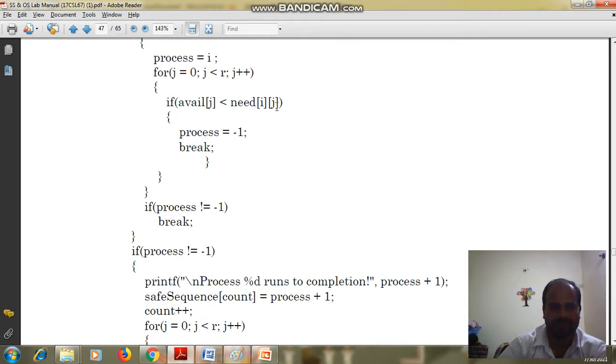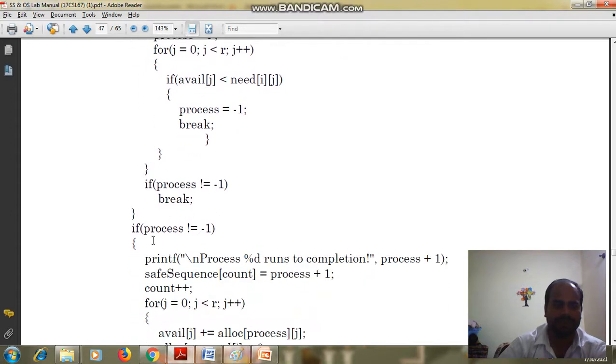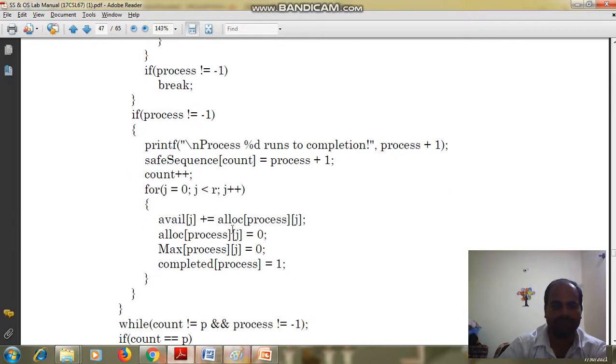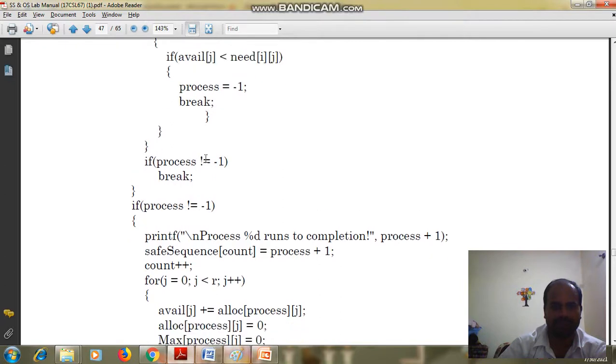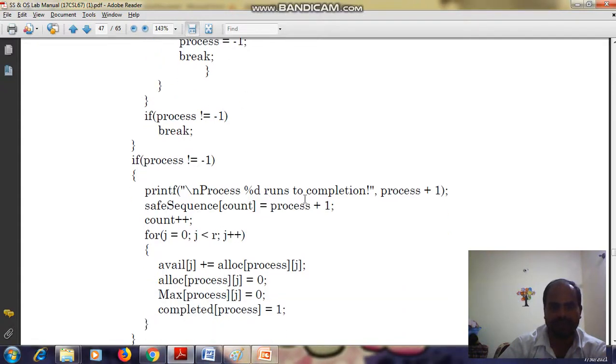If this condition fails, then it will come here. If process = -1, then we will break the for loop. Then if process is not equal to -1, then what will happen? Here, if process is not equal to -1, it means available[j] is greater than need, so it can be satisfied. Then process %d runs to completion, process plus